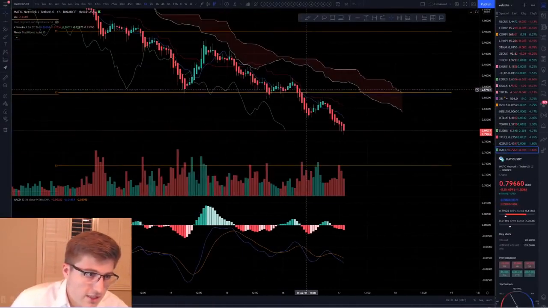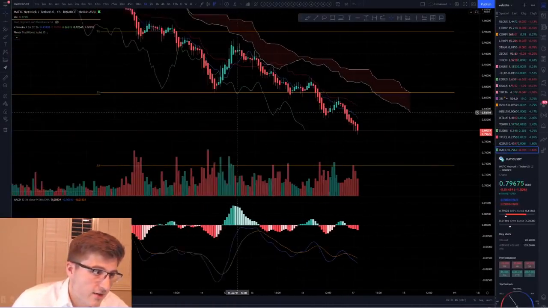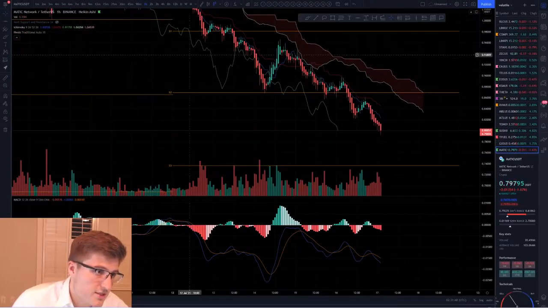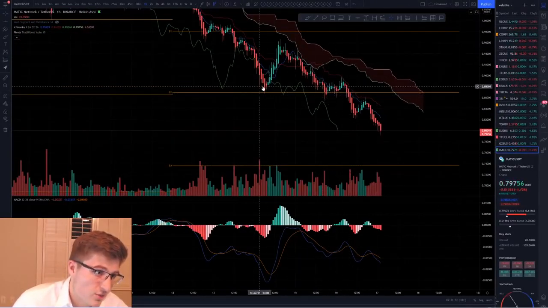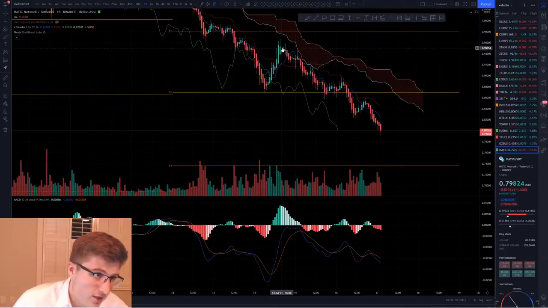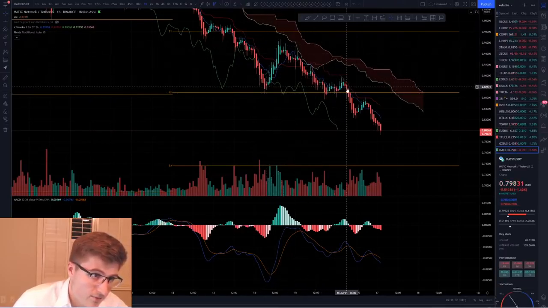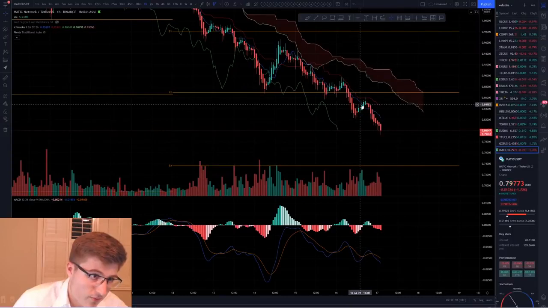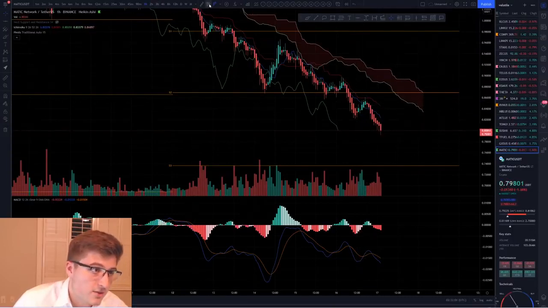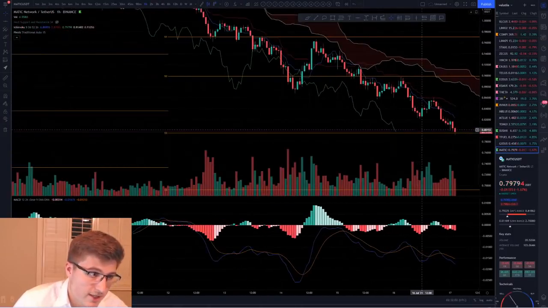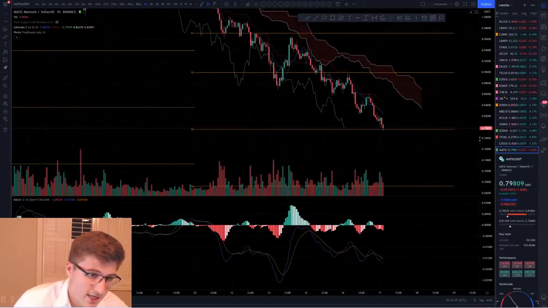All right, so what are the key support levels for Matic right here? We do have a pivotal point at this S3 level. We've already broken through S2. Use it as some sort of support here. Look at support, right? Boom, down. Support, boom, broke through. But let's go to the candlestick chart and see where we're at right now. We are at the S3 level on the candlestick chart.